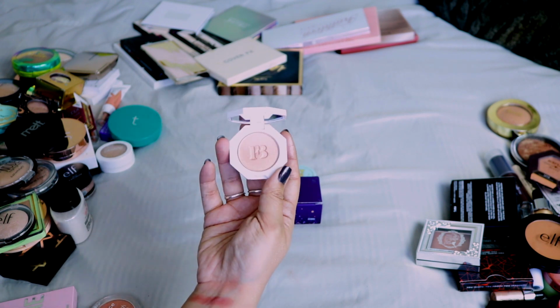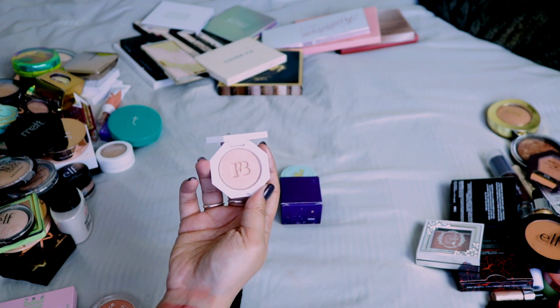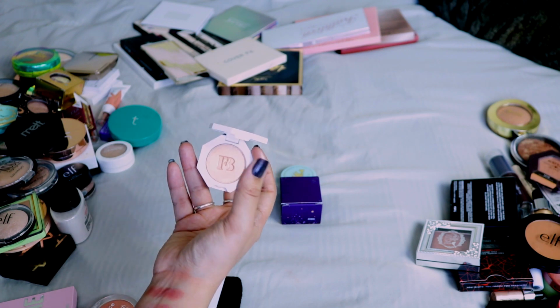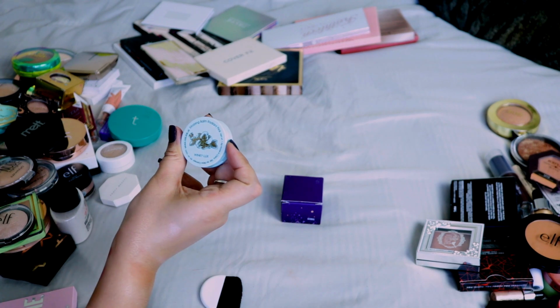This one came in a set with the Glass Bomb original gloss that she has, so that's why I got this one. My sister gave it to me. The shade I don't like, the formula I do, so I'm gonna keep it for now and maybe pick up a different shade. Then we have this Winky Lux